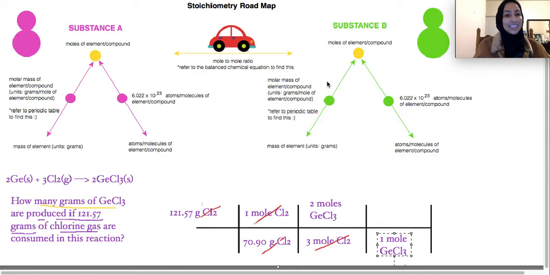What is the mass of 1 mole of germanium chloride? So germanium chloride has 1 germanium, which is 72.64 grams according to your periodic table, and 3 chlorines, each of which are 35.45 grams. So when you add those numbers together,